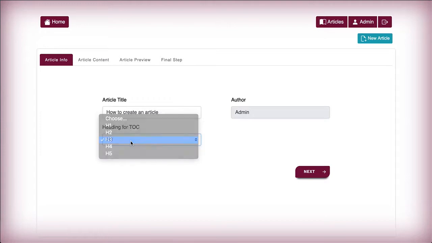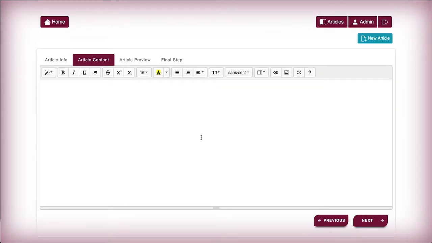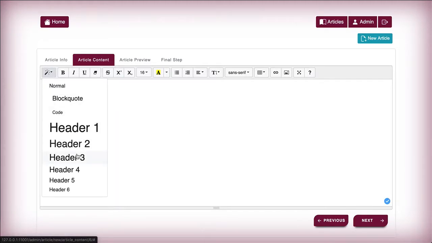The previous section is h3. This will help you generate a table of contents automatically. So let's create this section.